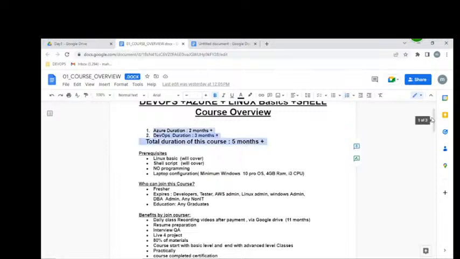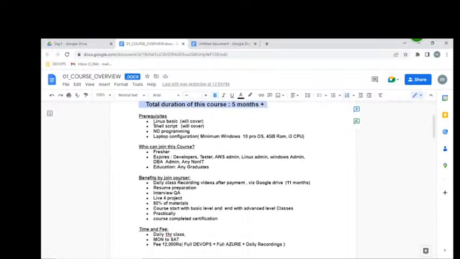If you join this course, you require Linux basics, which I will cover. Shell script is also required, and that will also be covered. No programming like Java, .NET, or Python is required.